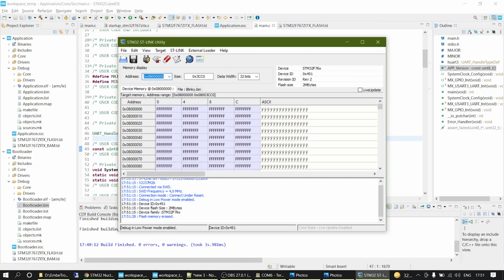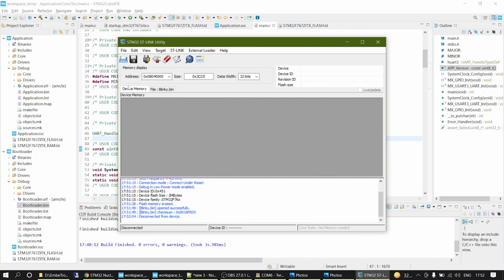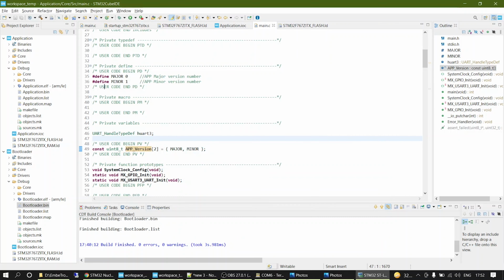It is empty. See the application section 0x08040000. This is also empty. I will disconnect this, and I am flashing these binaries from the IDE itself.